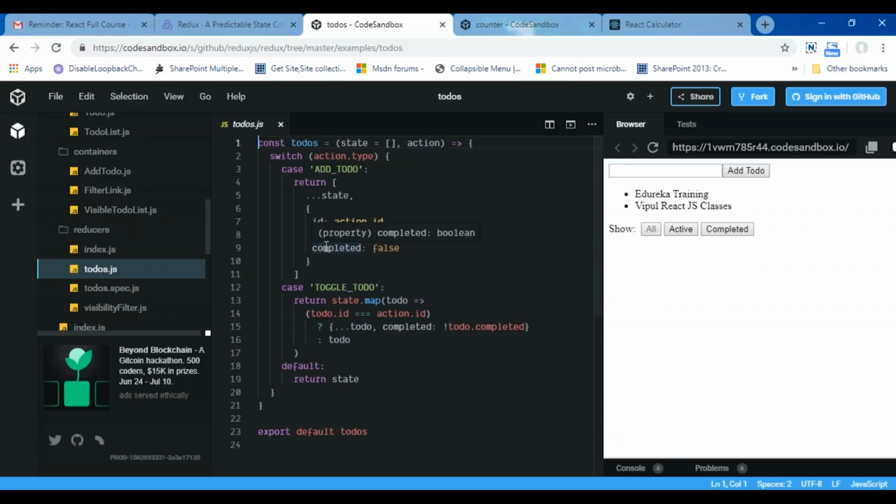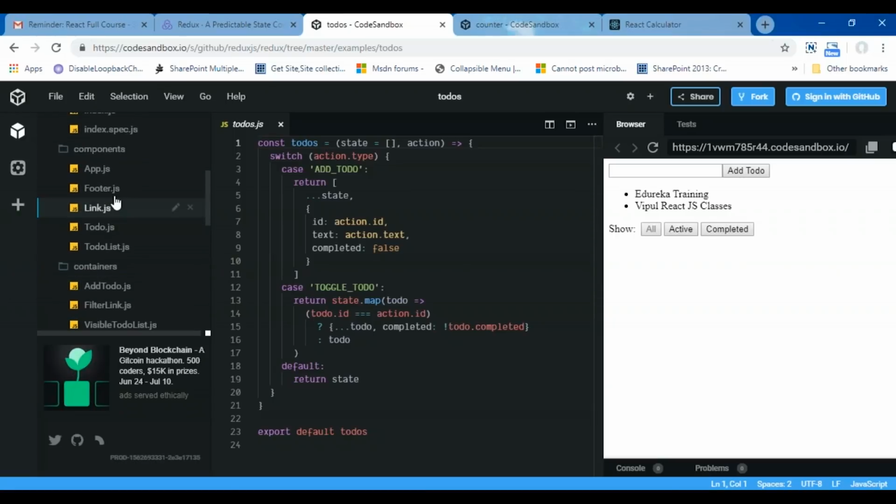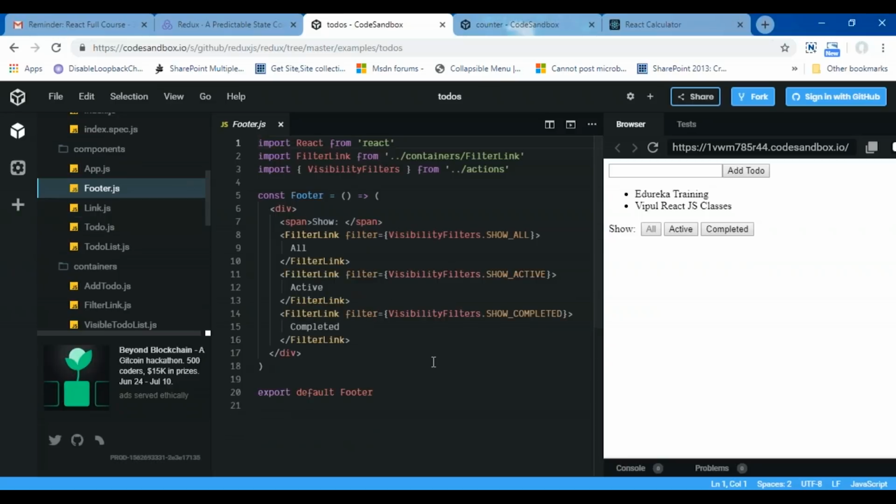We are talking about the presentational components only. Another thing is the footer component, footer.js, where we let the user change the currently visible to-dos. You can see here that when I entered Edureka training and Vipul React.js classes, this is my footer component.